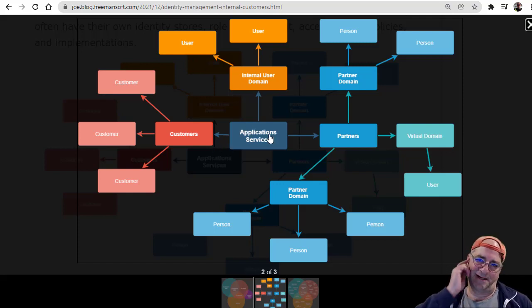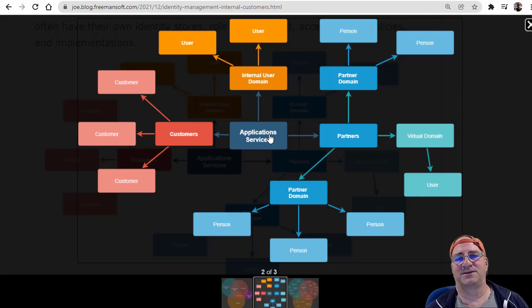And then on the partner side, it gets a little squirrely because it turns out the partners all have their own domain, their own people trees, right? And so the question is, how do we manage that? Essentially, the partner domain or the partner identity systems are multi-tenant, multi-domain sometimes because they let the partners manipulate the permissions within limits. And so in this case, the two blue on the top and the bottom represent actual partner domains, the companies that have multiple users that are managed as an entity, as an enterprise.